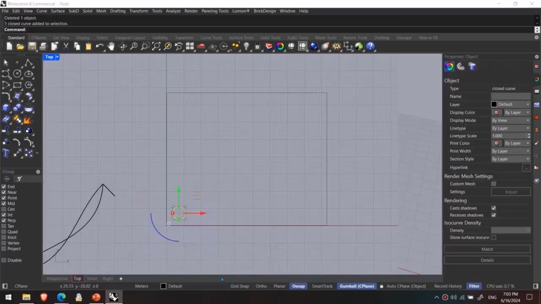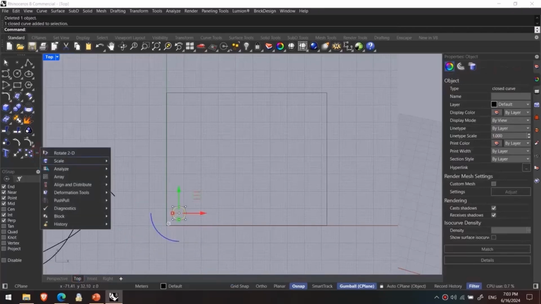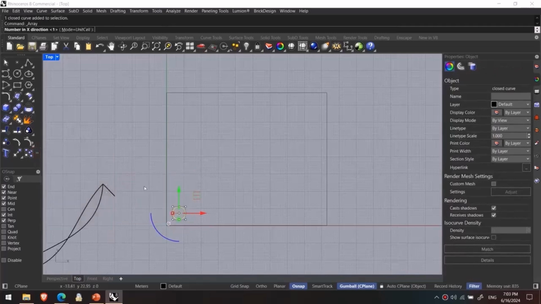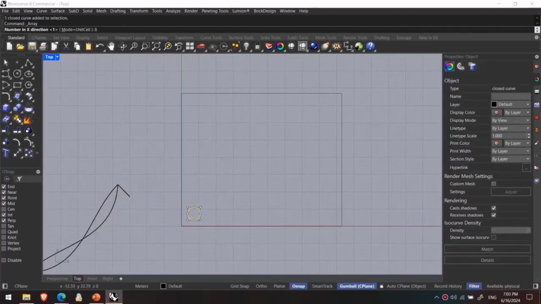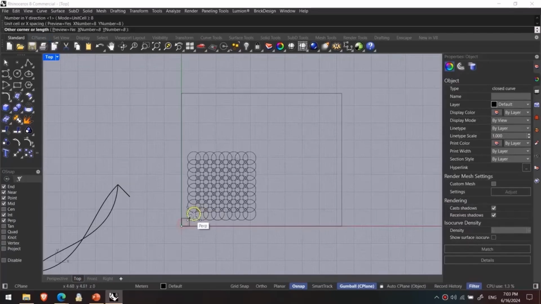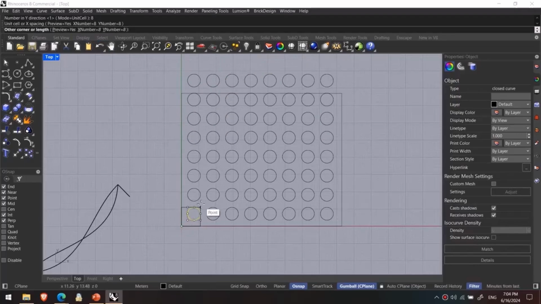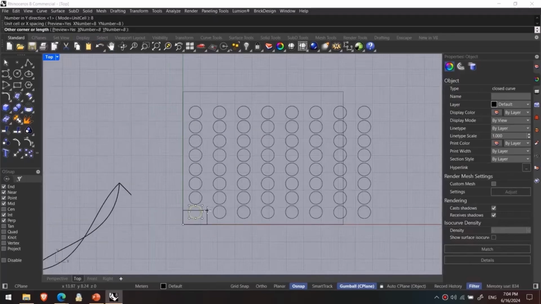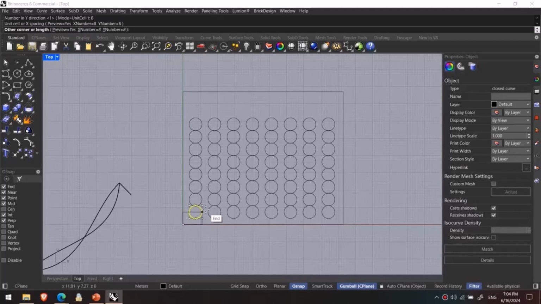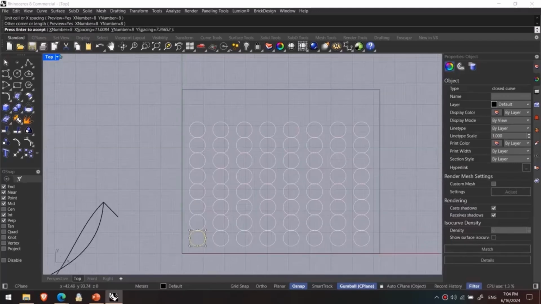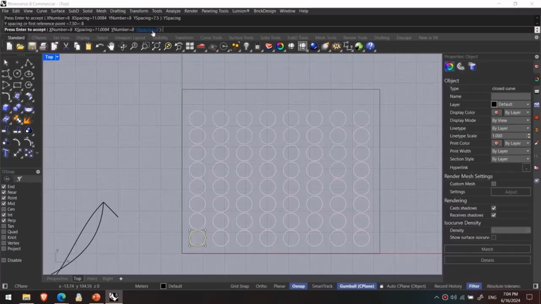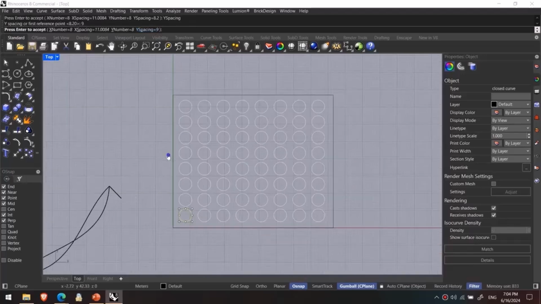Anyway, I just want to make some copies out of the selected circle. Firstly, we select the object, and then by using array, rectangular array, we array this object, for instance, 8 in X direction, and 8 in Y direction, and 1 in Z direction. Then I adjust them graphically this way, by selecting a point. Then for controlling their spacing, for instance Y spacing, for instance 8.2 or 9,